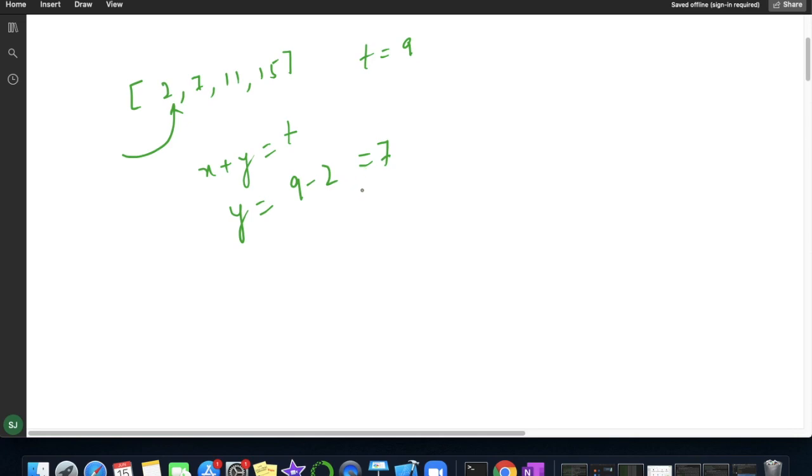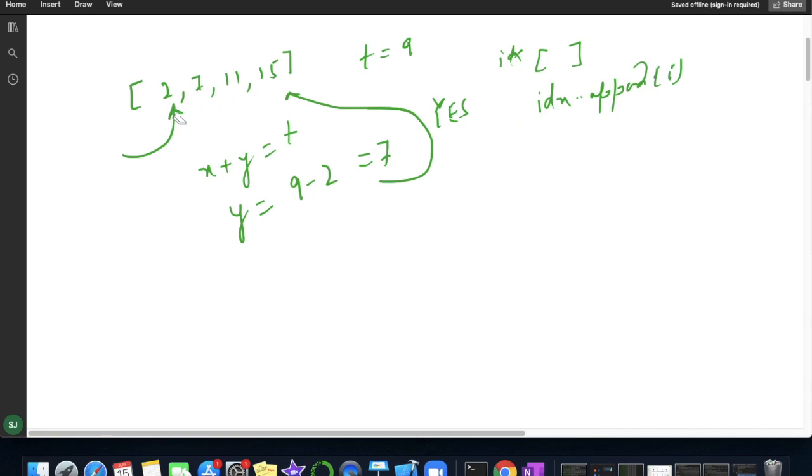Now I will try to see whether this 7 is present in my list or not. If it is present, I will simply append the indices. Suppose I have one empty list in which I will append the indices of the current value, the current index i.